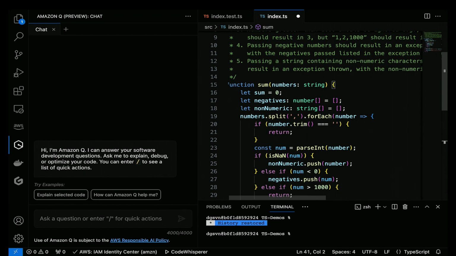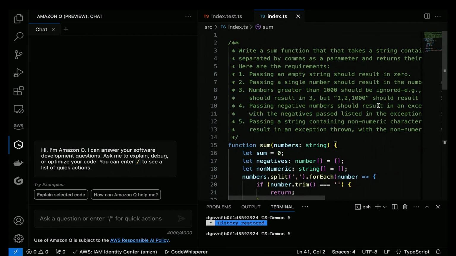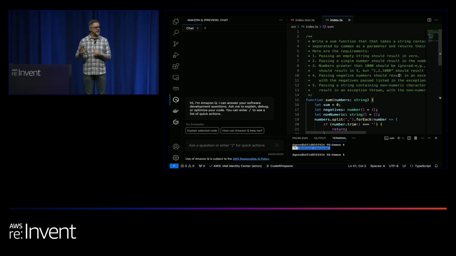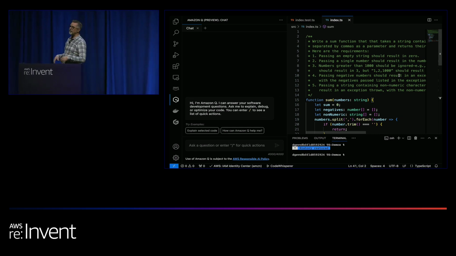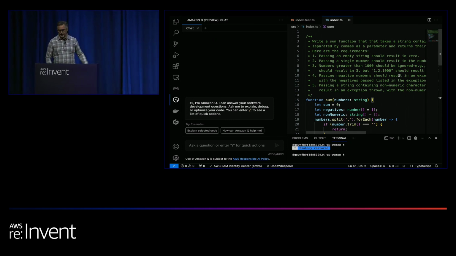So when we talk about being productive, what would it have taken me to write those 20 or 30 lines of code, including the time it would take me to think about what am I trying to do here? How do I do it? And if I don't remember something, do I have to go search for it or go look on a website somewhere or phone a friend or ask somebody? So a task as seemingly simple as this could actually be a 10 or 20-minute task, depending on how much I know about what I'm doing, or a 30-second task, 20-second task, 10-second task using CodeWhisperer.